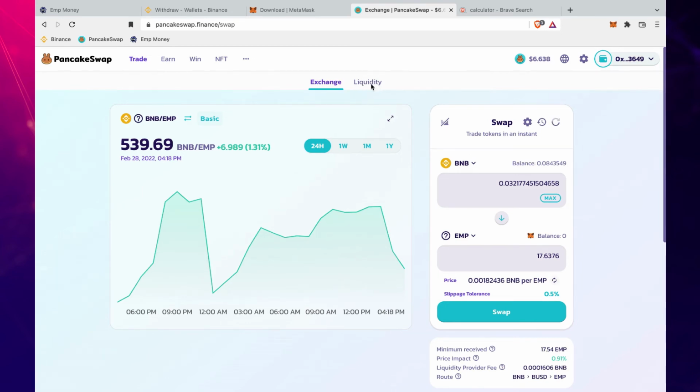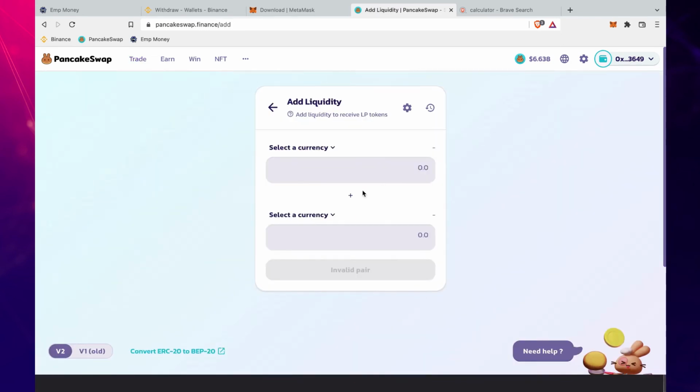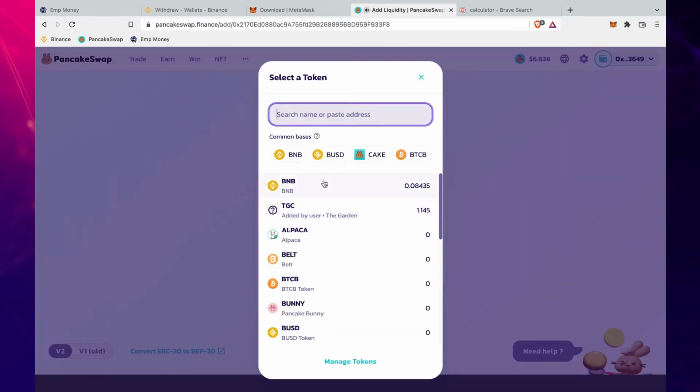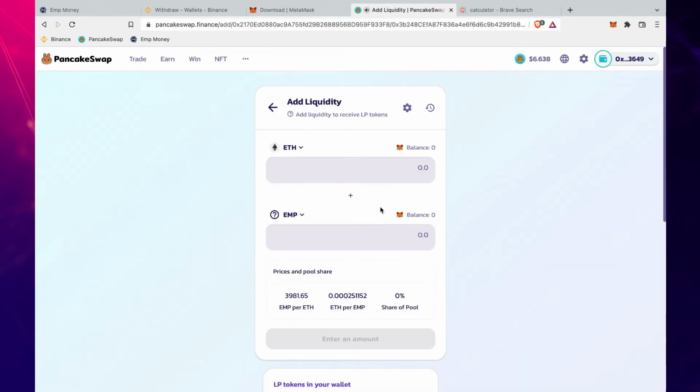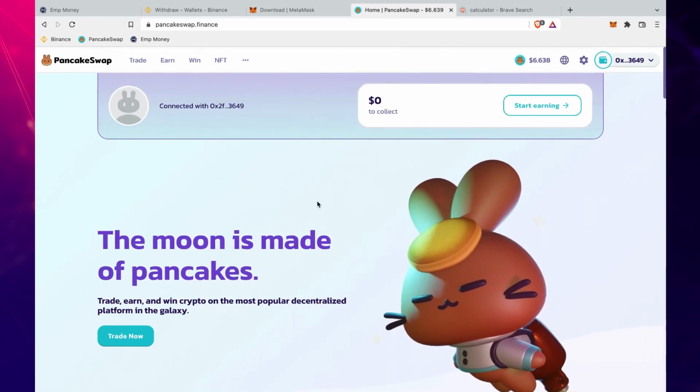In Pancakeswap, navigate to the Liquidity tab, and click the Add Liquidity button. Great. Now select in the drop-down ETH and EMP. Enter the max amount of EMP, and you will see that Pancakeswap automatically assigned the correct amount in the ETH section. Finally, click on the confirmation button, and also confirm the transaction on MetaMask. That's it guys. We have successfully created our ETH EMP LP tokens, and we are now ready to deposit them